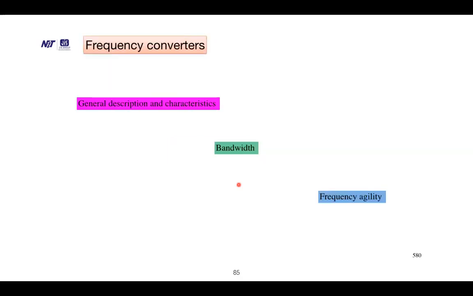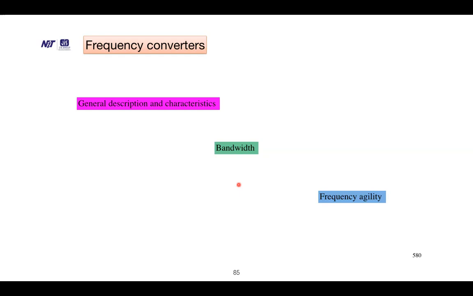The frequency converters. The up converter translates the IF frequency to the RF frequency, and the down converter converts the RF frequency to a lower frequency. It has an RF filter, one mixer, one or two local oscillators depending on how you are converting the signal, IF filters, and a group delay equalizer. Now the bandwidth. Three bandwidths have to be considered: RF bandwidth, IF total bandwidth, and the instantaneous bandwidth, and correspondingly the circuit design should take care of them.